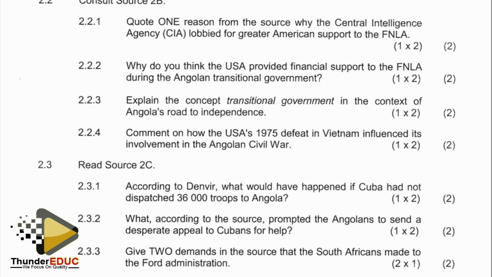Right. What we can argue there is that the Americans wanted to regain their pride. Remember, America was deemed to be a superpower. If you assume a position of a superpower and you get defeated by a very small country, you become a laughing stock of the world. So they wanted to revive their pride as a superpower. By getting involved in Angola, they wanted to show countries of the world that they are still superpowers. Despite being defeated in Vietnam, they can still prove that they are superpowers in Angola by taking control of